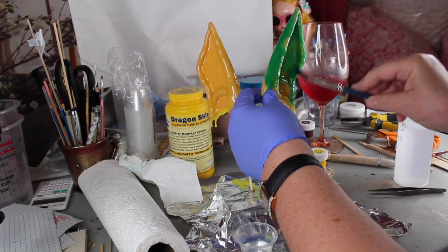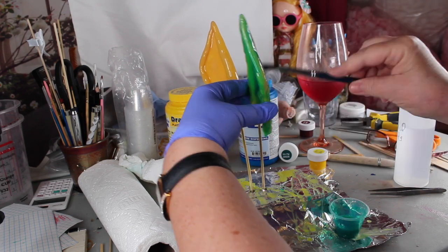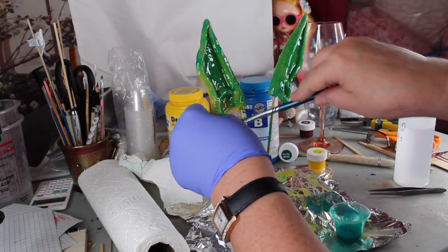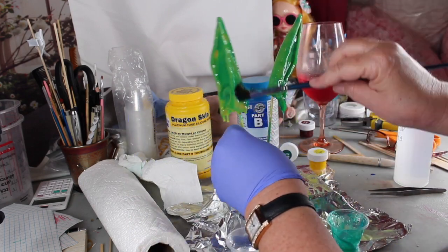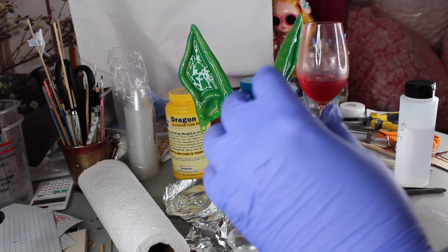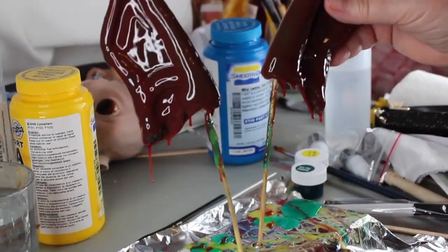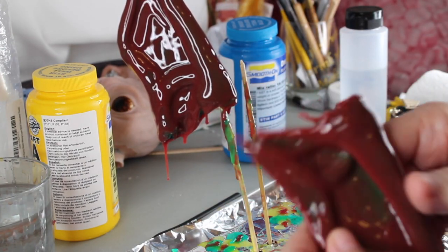But what I didn't account for was when I'm pouring it, you really need to have that excess lip. So like on the baby, you have the pouring spout, that upper part, so you can have a little bit of an overflow. You really needed to have that with this. The reason is because they're curved, the level of the silicone, because they're going to be poured standing straight up, not like they are now, they're pointed down. The silicone can only rise to the lowest point, so you've got the upper points that won't have any